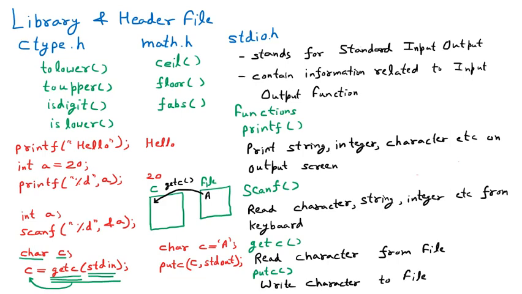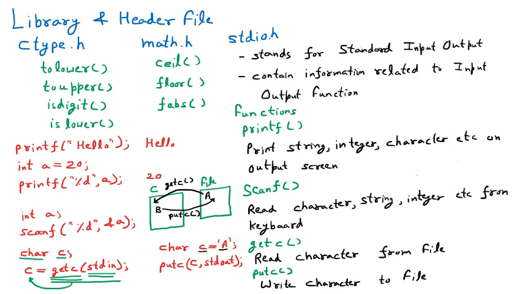Now let us suppose that in your program you are having a variable, let us suppose b, you want to print or write into your file, you want to write it here, then you are going to use the function that is putc, put character. So if I emphasize this one, this is our program. In the C program we are having a variable c which is having the value A. So means the character A is there. Now I want that this character should be written into the file.